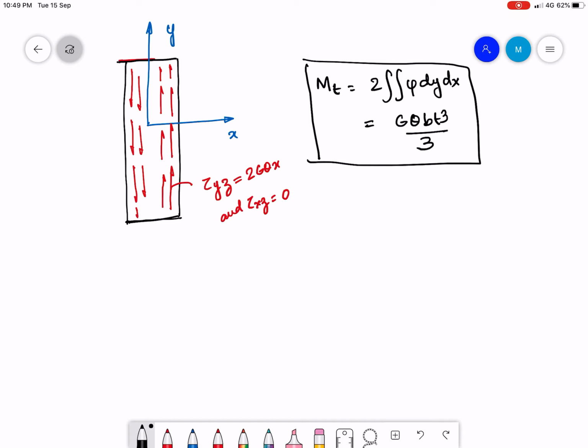cube by 3. Now, there is an alternate way by which we can find out the expression of Mt in terms of G theta, and that way is to find out the resultant torsional moment produced by the shear stress distribution. So, we have to understand that the applied torsional moment is being resisted by the shear stress tau y z. Therefore, the moment produced by tau y z is going to be equal to Mt. So, let us now try to find out the torque